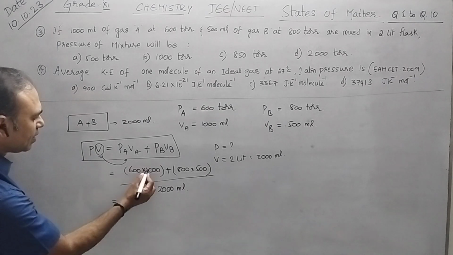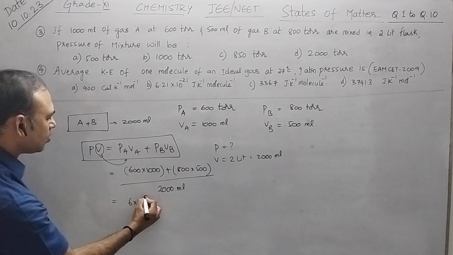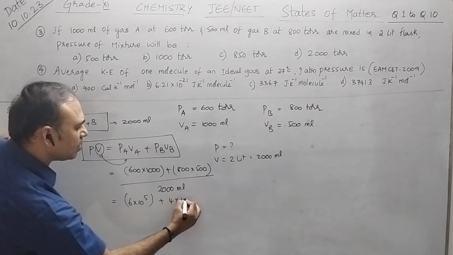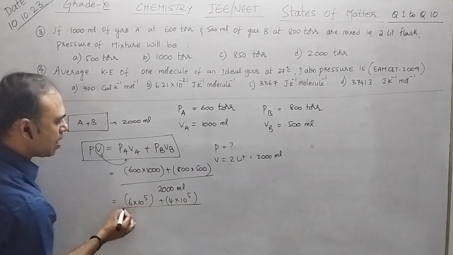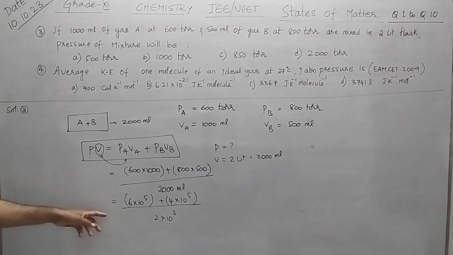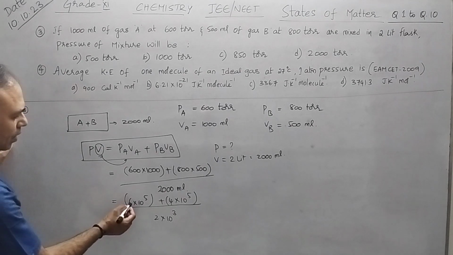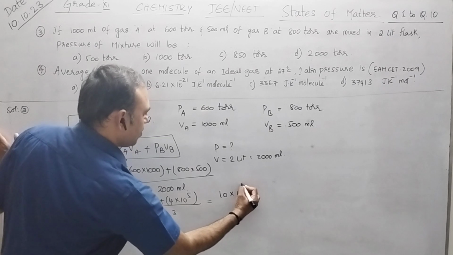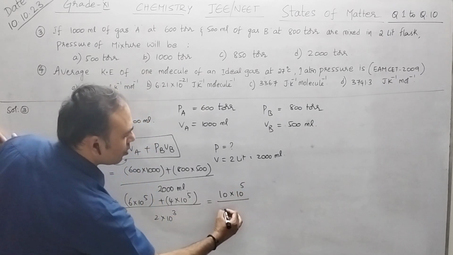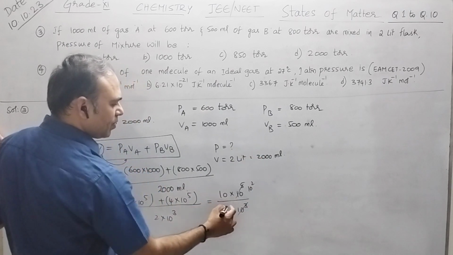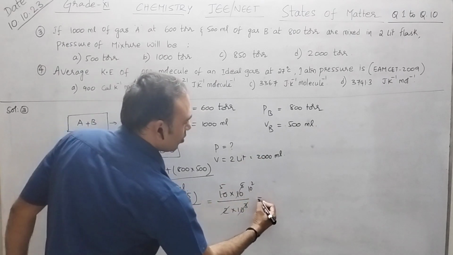Now we can write it like this: 6 into 10 to the power of 5 plus 8 fives is 40. So we take it as 4 into 10 to the power of 5 divided by 2 into 10 cube. To calculate easily, we have converted it like this. Now this will become 10 into 10 to the power of 5 by 2 into 10 cube. We can cancel this, 10 square. This will become 5. So the answer is